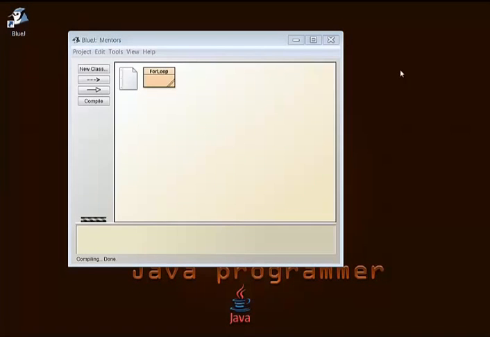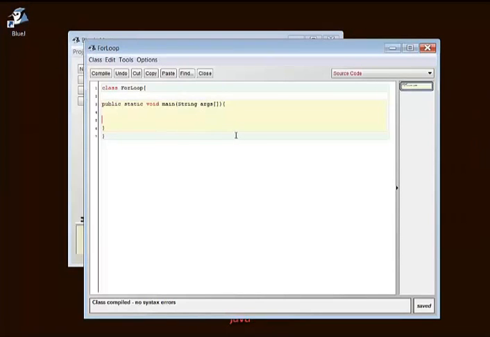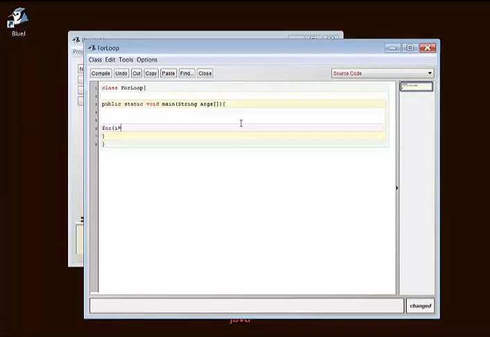Let's do this. I already have a class for loop created here, so let me just create a for loop here. Since we are using a variable here, this i is a loop variable, but it is a variable, so we have to declare it.